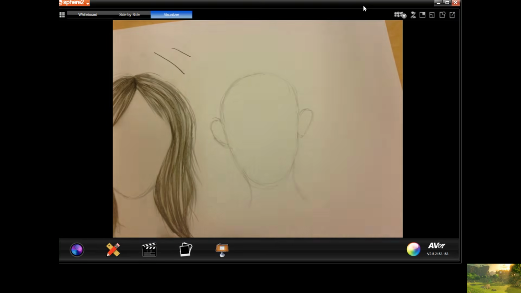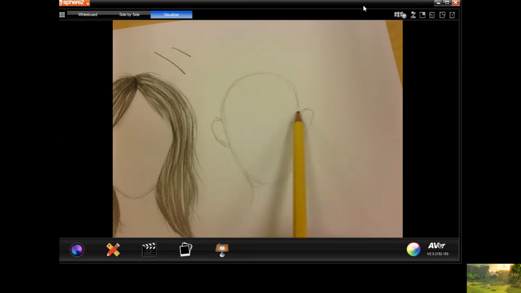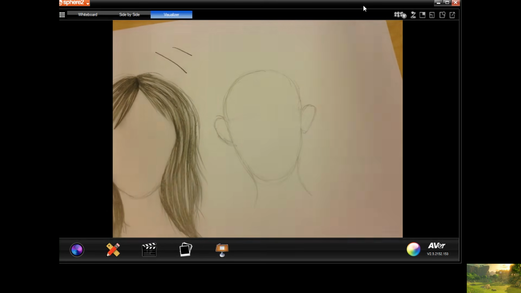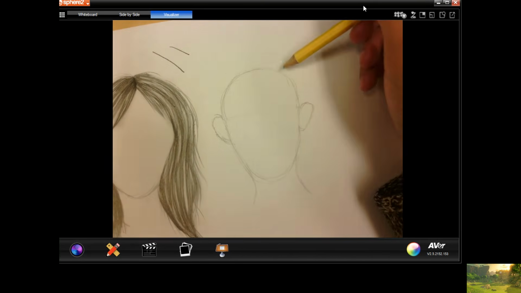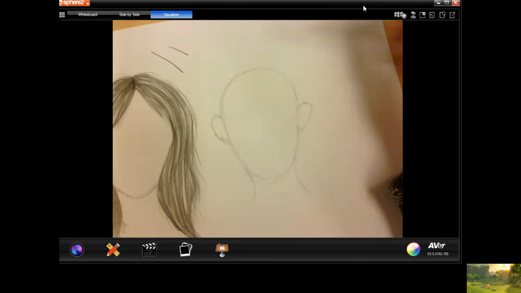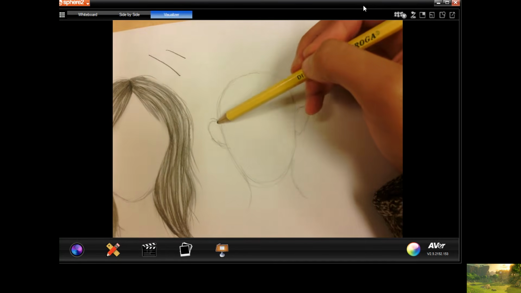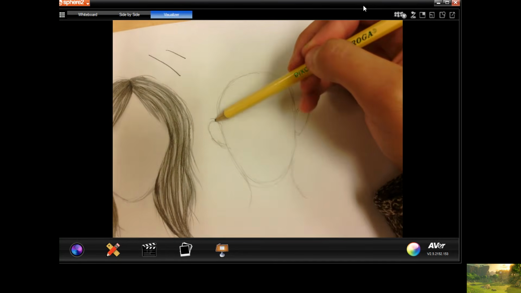The ears, fun fact, line up. The top of the ears kind of line up with the top of your eye. Fun fact. But I'm just going to draw ears. Again, they don't have to be detailed. I'm going to go ahead and draw. This is going to be short hair. So I'm just going to draw